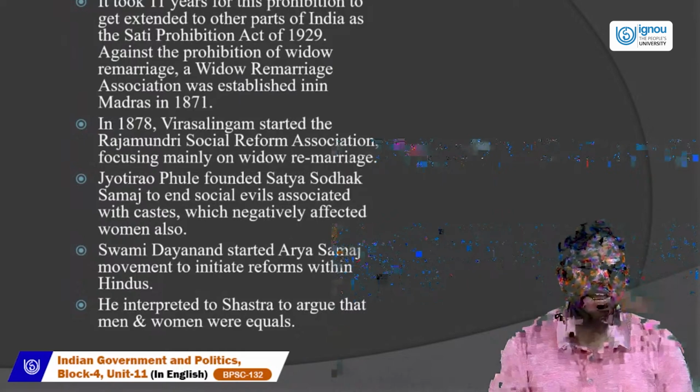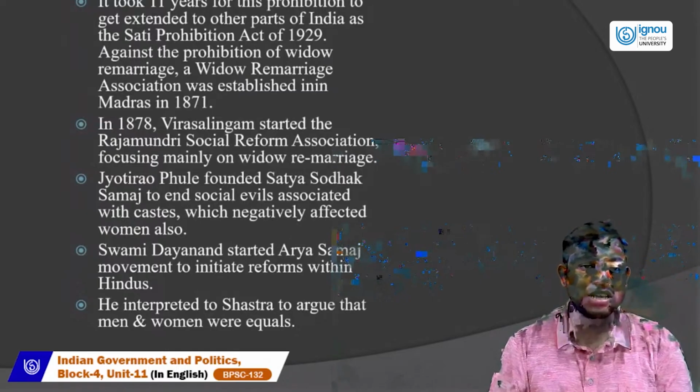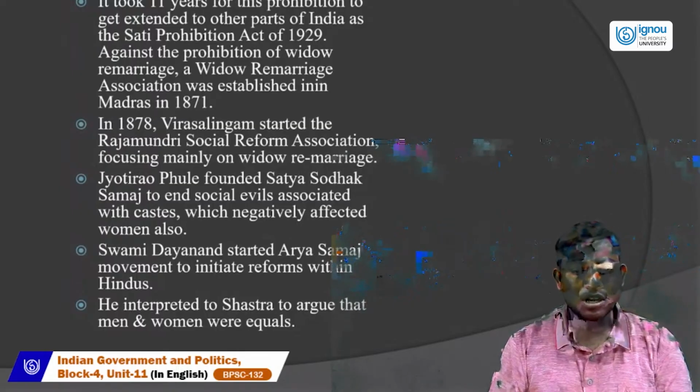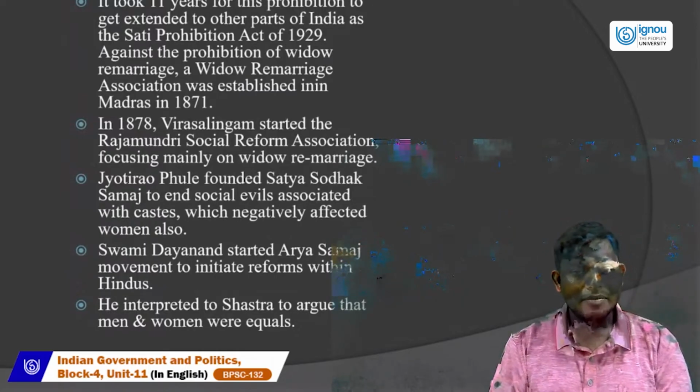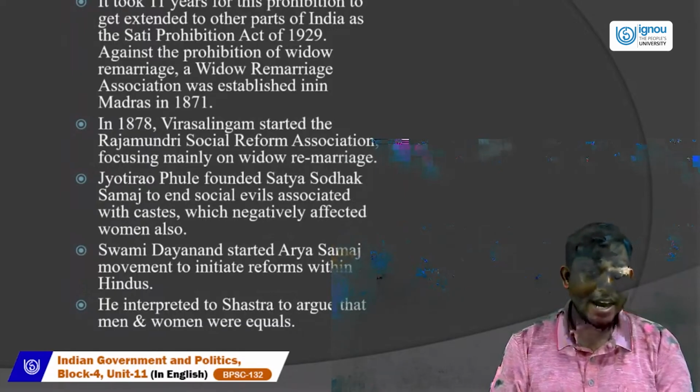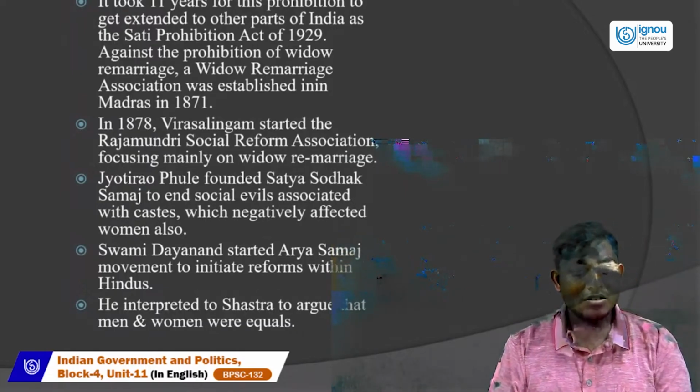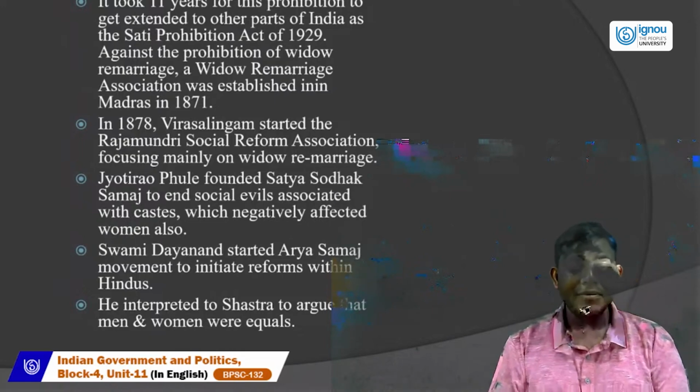of 1829. For widow remarriage, a widow remarriage association was established in Madras in 1871. In 1878, Virasalingam started the Rajamundri Social Reform Association, focusing mainly on widow remarriage. Jyotiba Phule founded the Satya Shodhak Samaj to end social evils associated with castes which negatively affected women also. And his wife Savitribai Phule also took the initiative to provide education to women, especially those belonging to